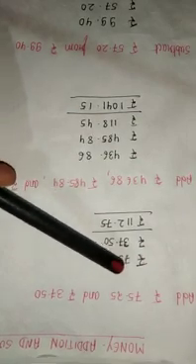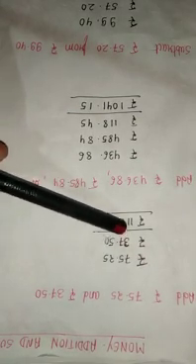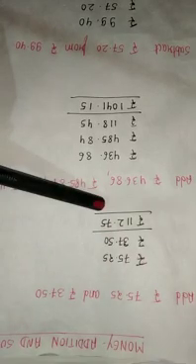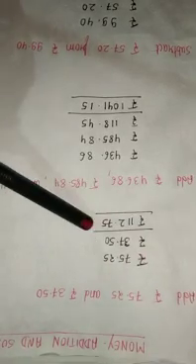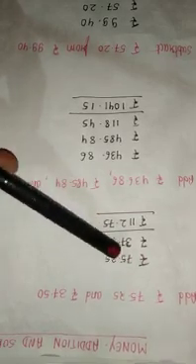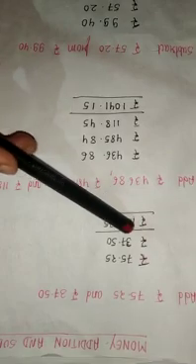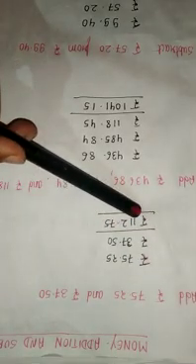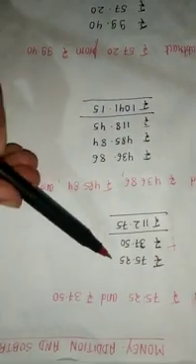So we will write rupees in one column and paise in another column. In this way we will arrange rupees under rupees, paise under paise, dot under dot. If you arrange the numbers in this form, it will be convenient for you to do addition or subtraction. So first we arrange the numbers, then we do the addition in the normal way.